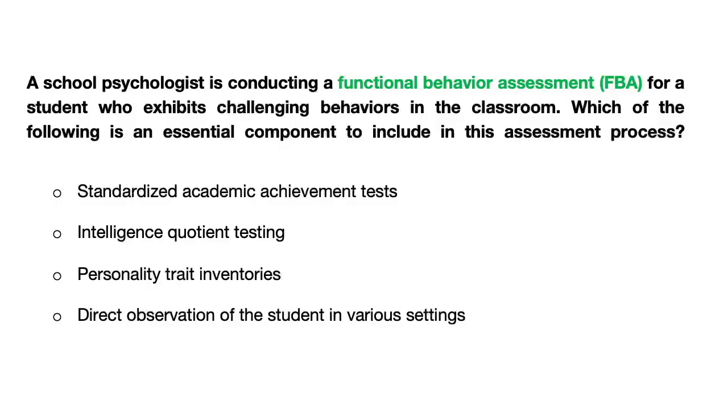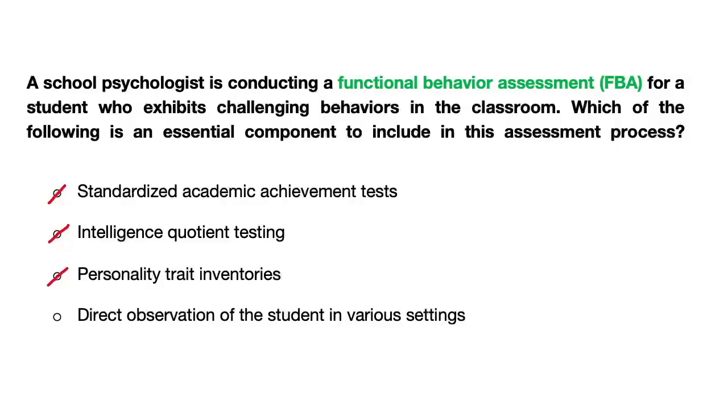So with that in mind, we can go through each option and eliminate the incorrect ones. Starting with standardized academic achievement tests. We can rule out standardized academic achievement tests because although they provide valuable insight about a student's academic performance, they do not focus on behavior, which is the primary goal of an FBA. Next, we can rule out IQ testing. Intelligence quotient tests assess cognitive abilities, but again, they do not specifically address why a student might be exhibiting behavioral